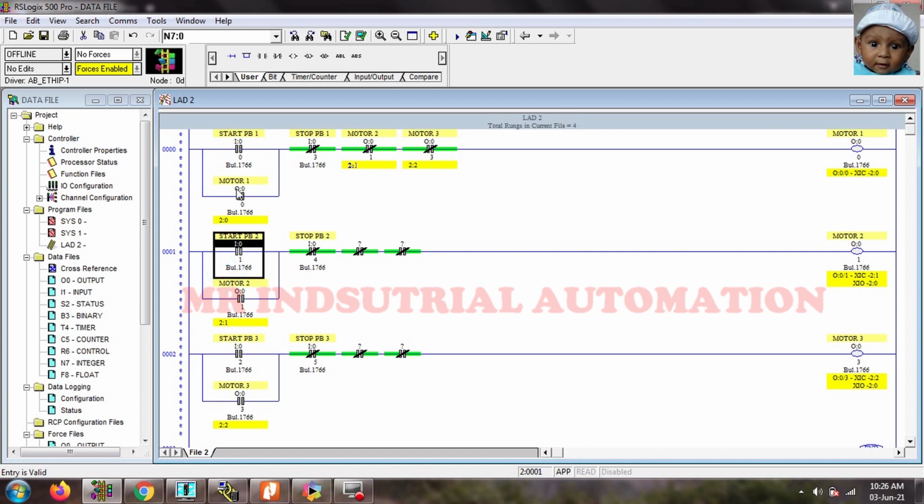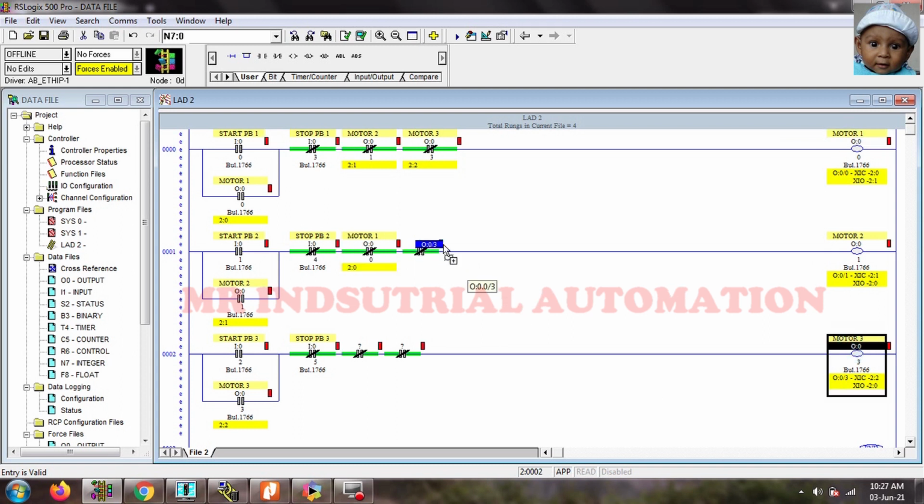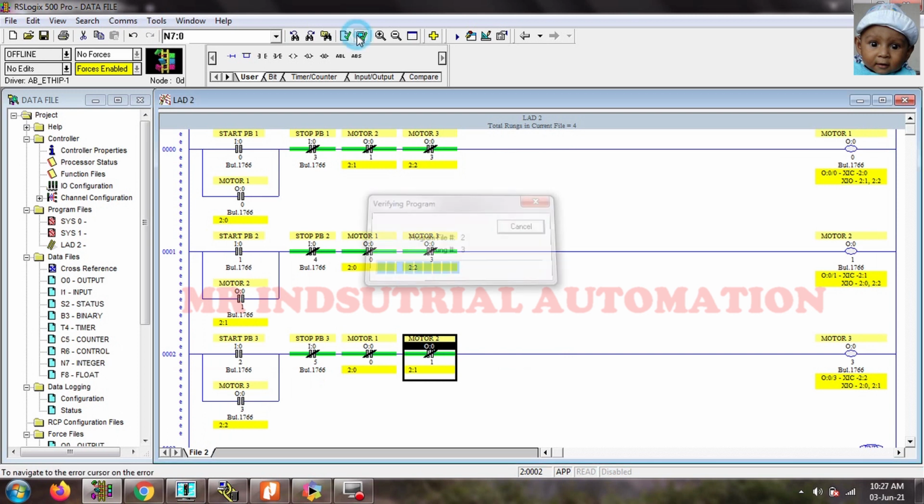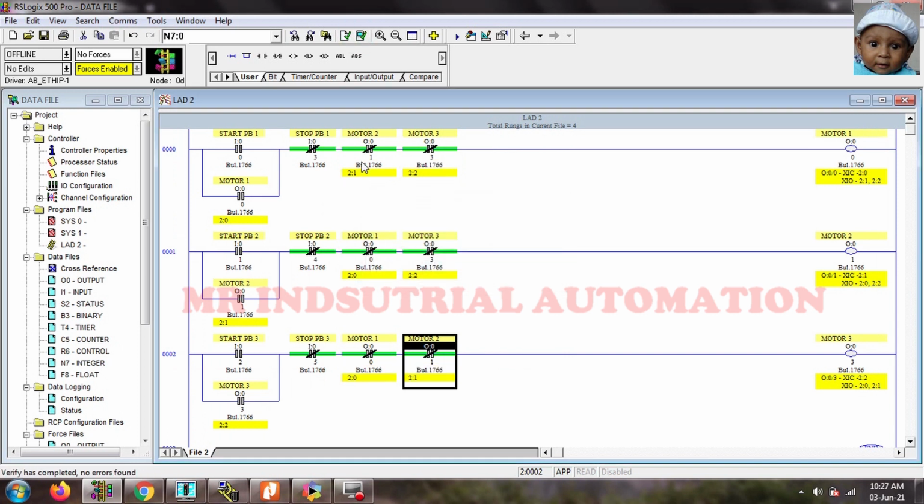So on rung 0 I will give motor 2 and 3's output addresses on those NCs. Same on rung number 1, I will give motor 1 and 3's addresses. On rung number 2, I will give motor 1 and 2. Okay, now you have understood, and when I compile, see there is no error.